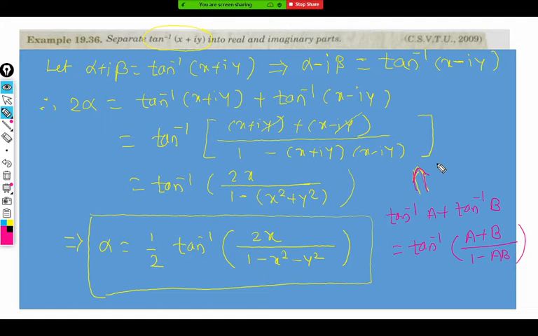So similarly, you complete the beta in exactly the same way. How to get beta now? Subtract both equations, just one subtraction. Exactly, a parallel calculation is there to get beta. Just do a subtraction of these two equations. If you take alpha plus I beta minus alpha minus I beta, alpha gets cancelled and you get 2 I beta equal to.